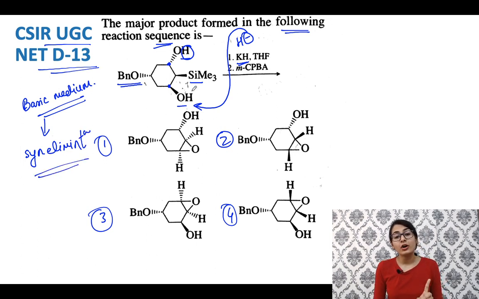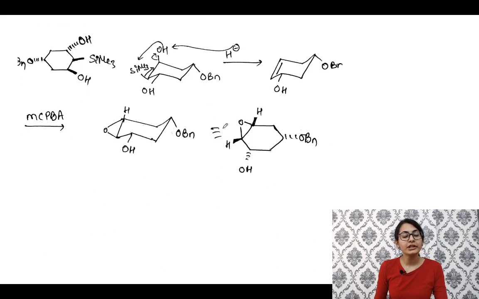So the oxygen which is on the same side is going to do that, right? I have written the whole mechanism if you want. So yes, this molecule right over here, which is given in the question, looks like this. If you want to draw the chair conformation, you will be able to understand that this OH is above the plane, the silicon is above the plane, even though they are actually equatorial because the 1-2 position is there. But this OH is pointing downwards. It cannot attack on the silicon over here. Okay, stereochemical restrictions are there, right?